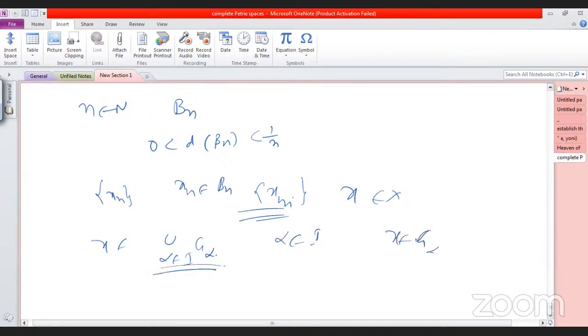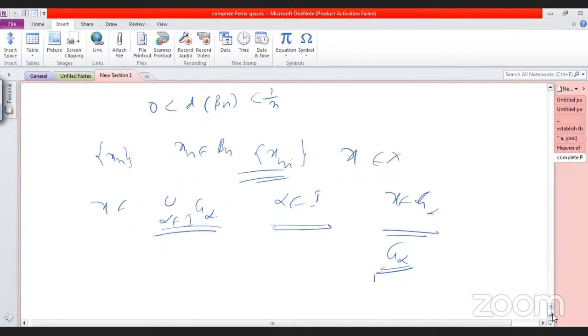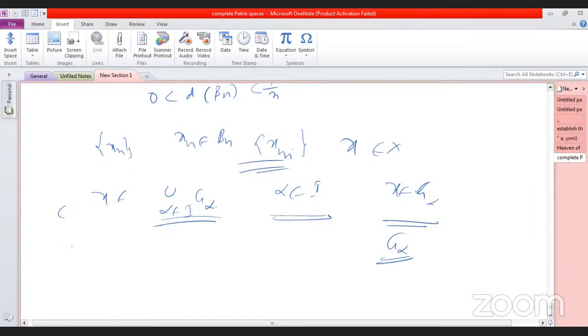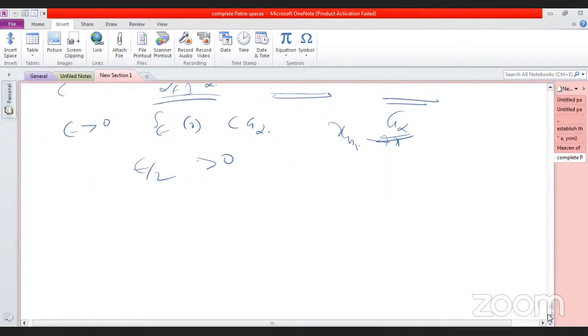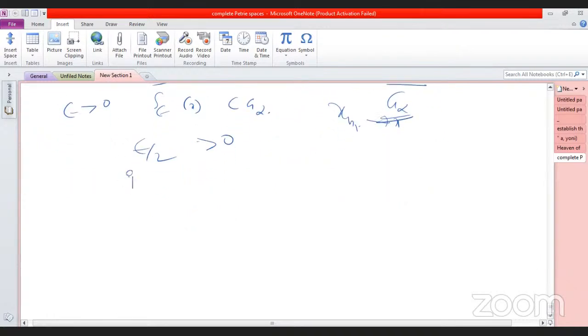Since x belongs to the union over alpha in Y of g alpha, and alpha belongs to Y, it is an open cover. Likewise, when x belongs to g alpha, is g alpha open or closed? It is open. We wrote the open cover formula here. g alpha is open. So there is epsilon greater than 0 such that the ball S of x lies in g alpha. Therefore for epsilon by 2 greater than 0, there exists a positive number n such that for i greater than or equal to n,